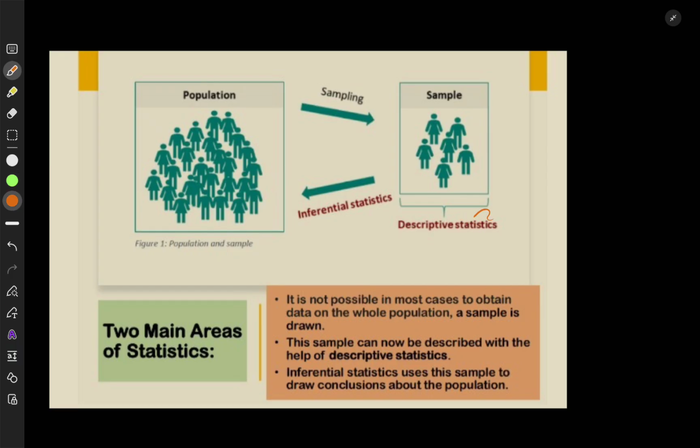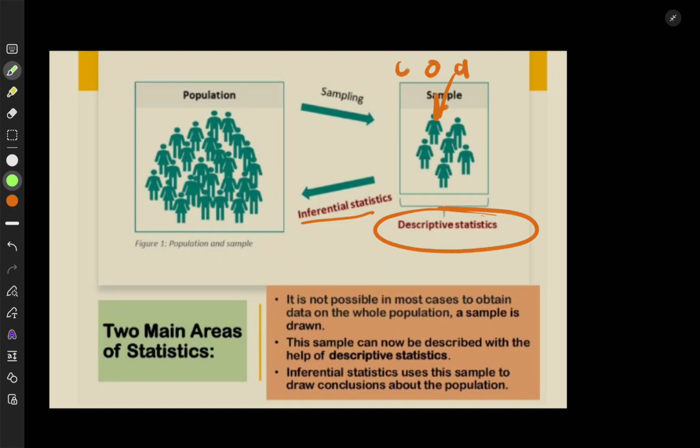But now here we see again these words that we've been talking about, descriptive statistics and inferential statistics. We've talked about population and sample. We want to see inferential and descriptive. Descriptive statistics, we said, is collecting, organizing, and analyzing data from a sample, with no drawing conclusions. Inferential statistics then draws conclusions. It uses